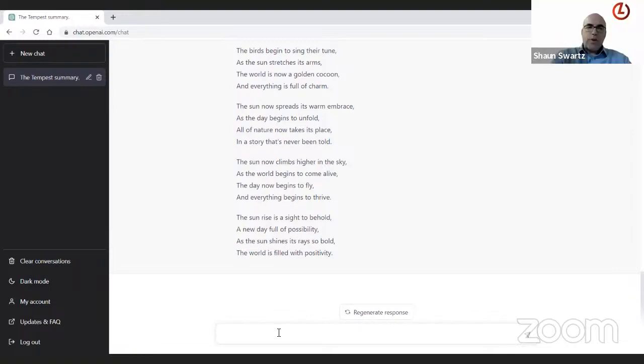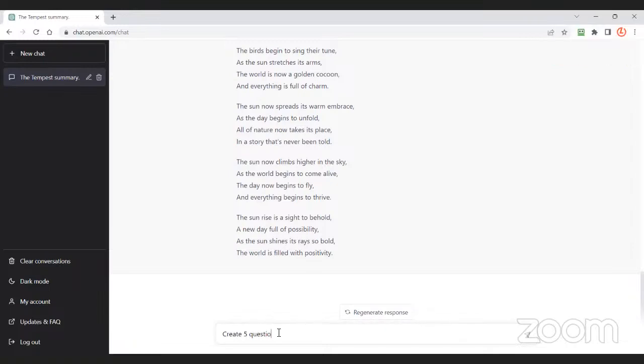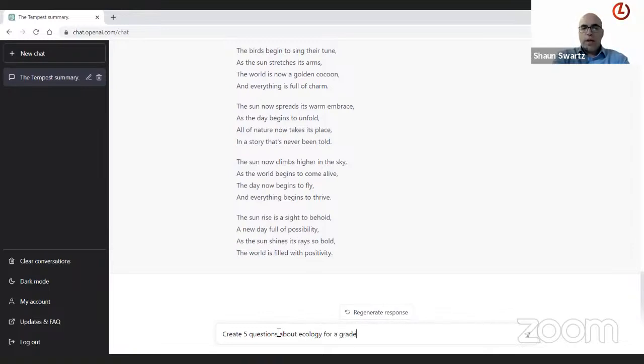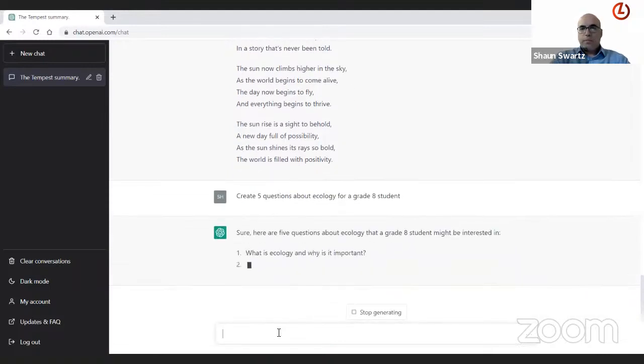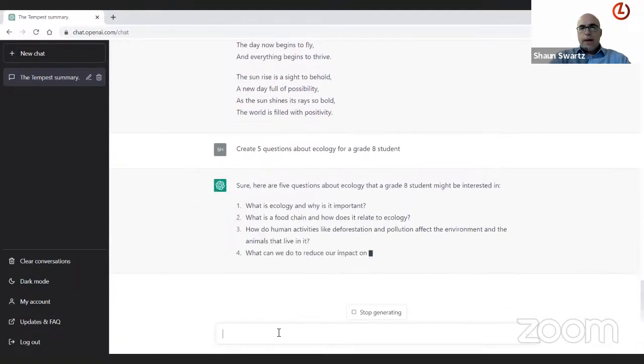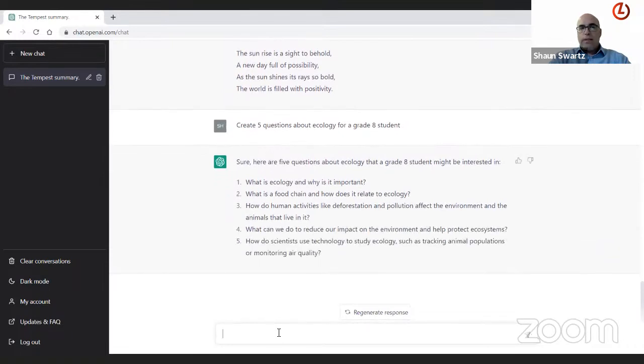Okay, so let's work on ecology for a moment. Let's say, create 5 questions about ecology for a grade 8 student. Now, it's all very well and simple to do this, and the questions may be good, they may not be good.